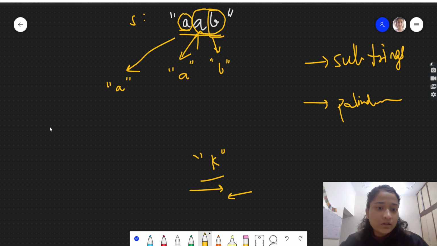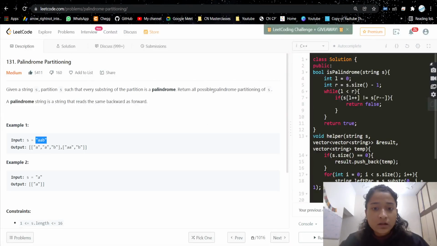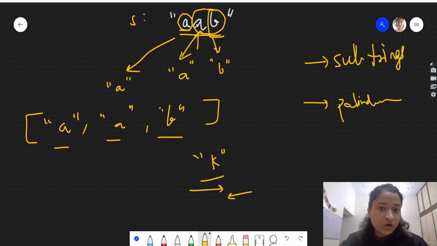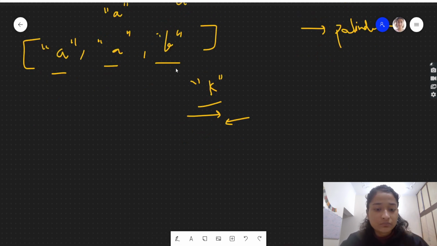So one palindromic partitioning of S is single A, then this other A, and then the last B. These are different substrings of this string S, and they are themselves palindromes. This was one case.